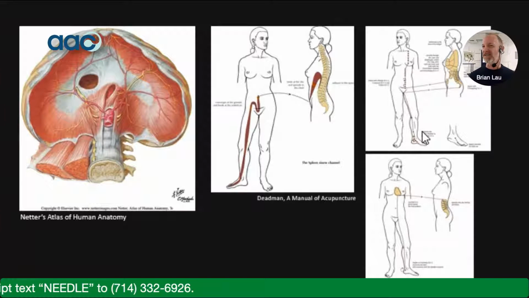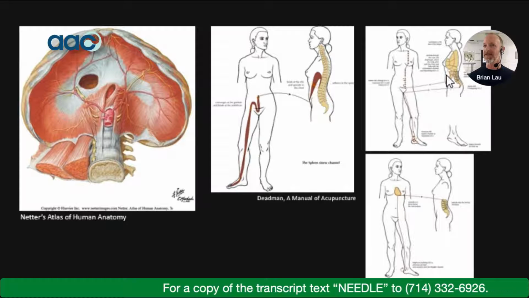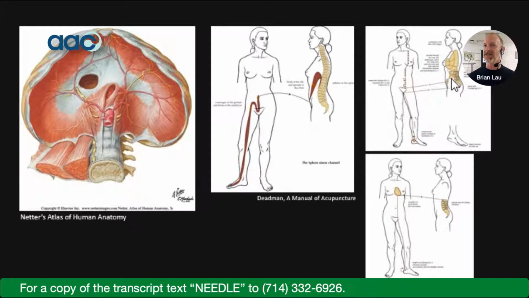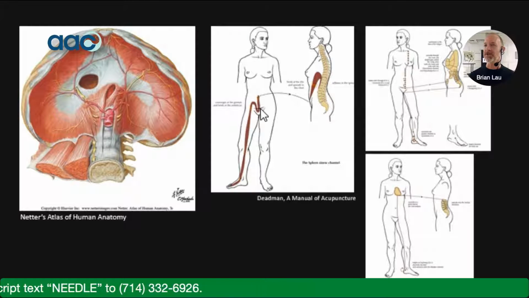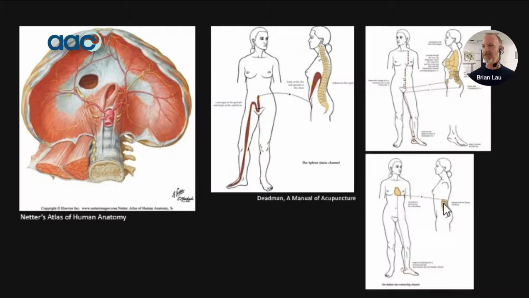The kidney sinew channel doesn't really travel through the abdomen, so I didn't use that image, but there's a lot of discussion with the kidney channel of how it loops into this region of related fascia. Especially with the lower rectus abdominis, it has a lot of connections into the pelvic floor, through the abdominal layers into the multifidi. This is the low connecting channel. It talks about that channel coming up that layer we're talking about, the posterior rectus sheath, following the kidney channel to a point just below the